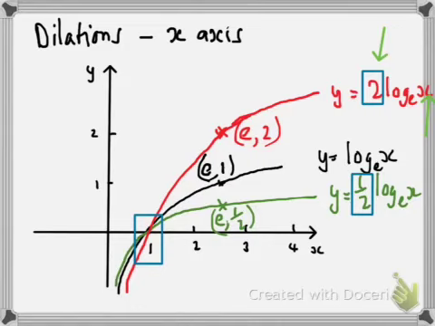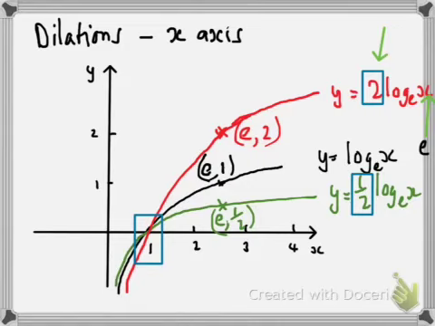If x equals e, we're going to get log e to the base e, which is 1. 2 times 1 is 2. So if x is e, y equals 2. So what we have then is a dilation